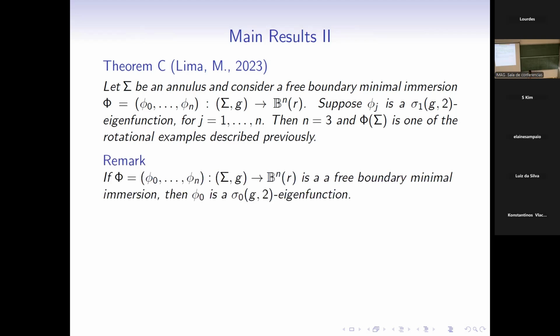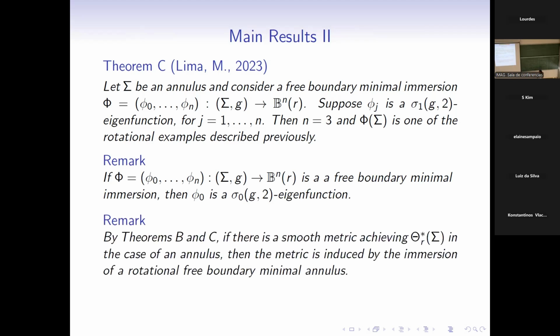Okay? The first remark here is that we don't need to put that phi naught is a sigma naught eigenfunction, because we already have that, just because it's free boundary and minimal, so we don't need it. And the second thing is, if we combine the two results that we have,